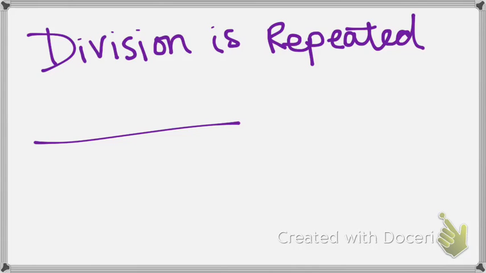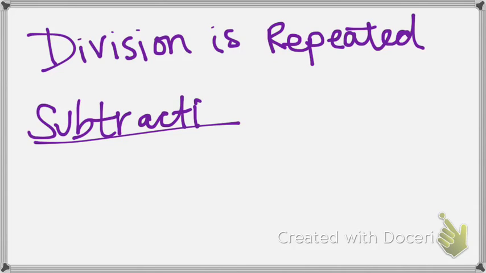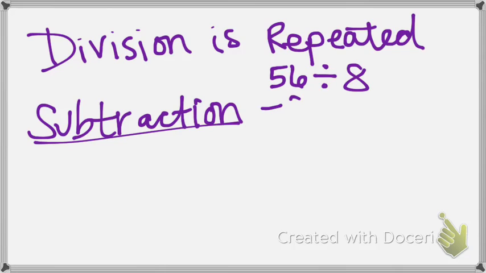Division is repeated blank. Division is repeated subtraction. And to give you an example, let's say I don't remember what 56 divided by 8 is. So I would take 56, and I'm going to repeatedly subtract 8. So let's see, that's 48, minus 8, 40, minus 8,